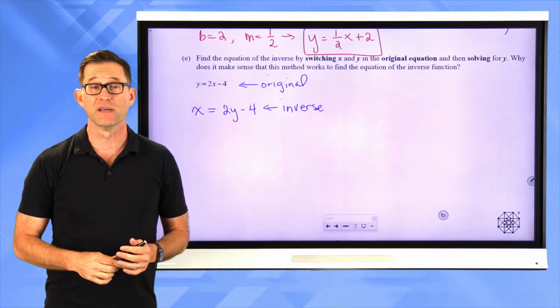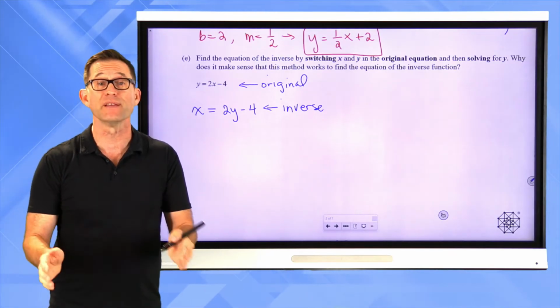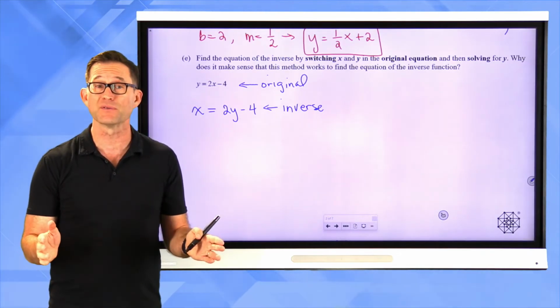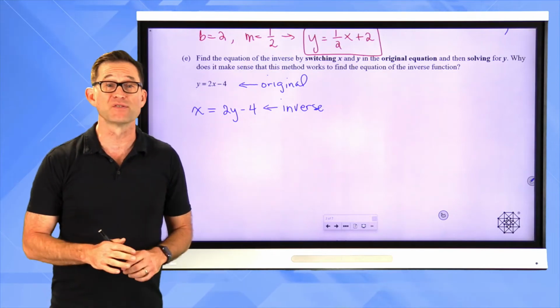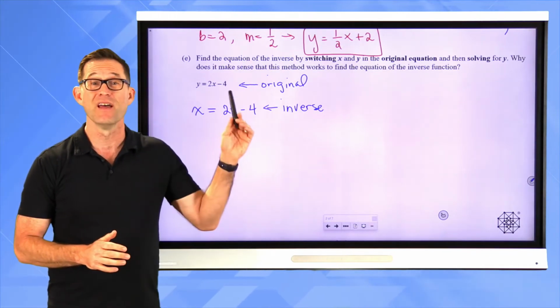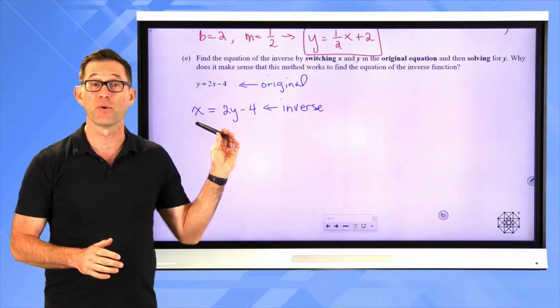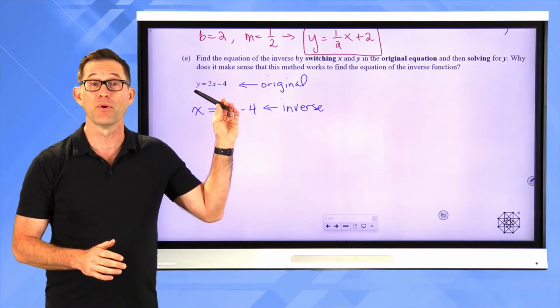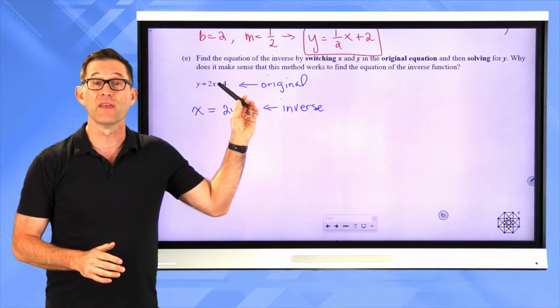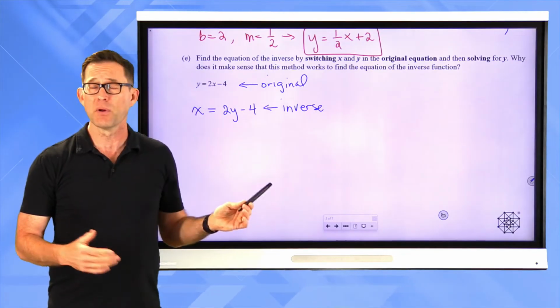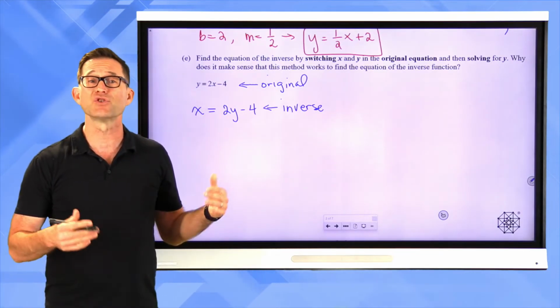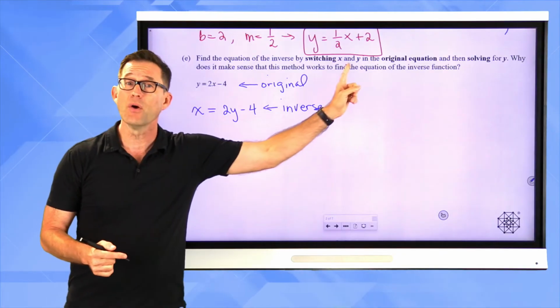And we can already start talking about why this makes sense. One reason why it makes sense is simply because the inverse literally switches the roles of inputs and outputs. So, I mean, there's no better way of switching the roles of inputs and outputs than basically taking the output, renaming it the input, and taking the input and renaming it the output. But let's actually go through this now and solve for y and show that we get this,